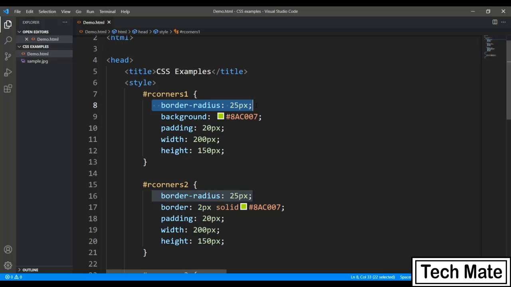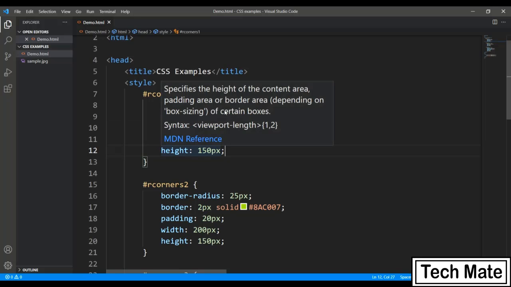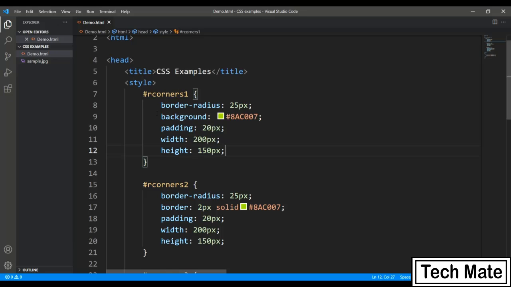This border radius is new in CSS3 and wasn't there in CSS, but you can see the syntax is exactly the same. That is the only new thing. Apart from that, the background, padding, width, height, everything was there in CSS also, but here the border radius is the new attribute which I have passed.